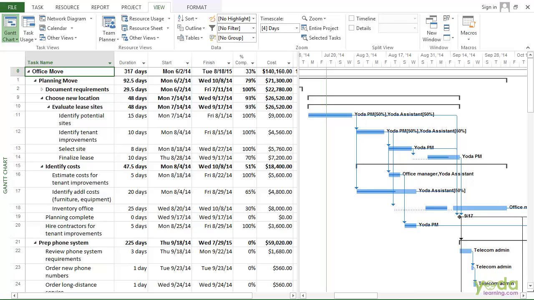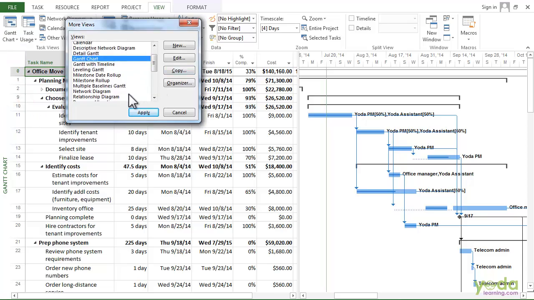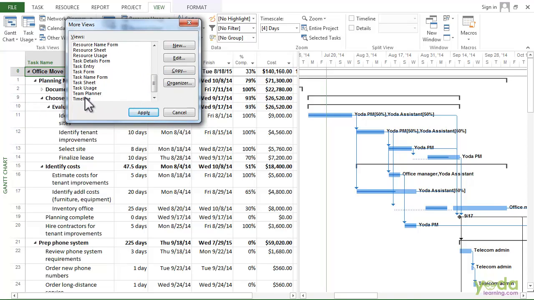Well, the Gantt chart shown here doesn't show the baseline. So let's go to the tracking Gantt. On the view tab here, we have a Gantt chart option. Click on the bottom half and select the tracking Gantt. If you don't see the one, you can definitely go to the more views and try locating the tracking Gantt. So here I have the one and say apply.